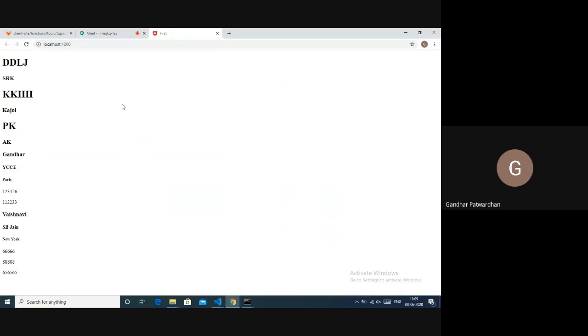So what we will do is create two buttons somewhere here. One button would be movies and the other button would be students. If you click on movies, you should be able to see only the movies component. And if you click on students, you should be able to see only the students component. That is what we will do. And ngIf would play a very good role here. And also we will try and understand how to handle a button click.